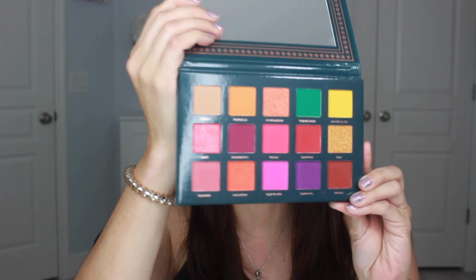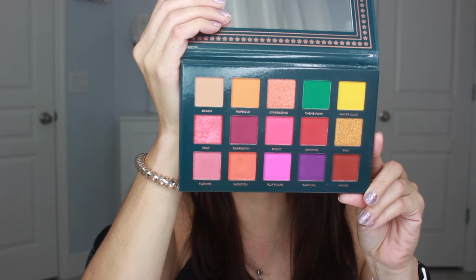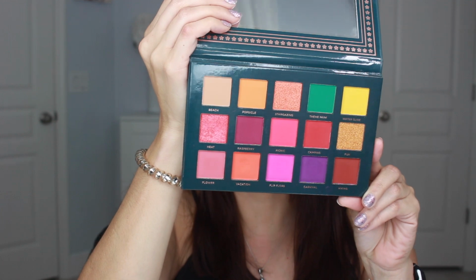But the first thing in here is the Ace Beauté Nostalgia palette. This is $38.99. And when I opened this, I was so excited. Look at those shades. It's just such a bright, tropical, fun palette. I just feel like this is so much fun. If you can't tell, I went a little ham on my eyes with quite a few of these bright